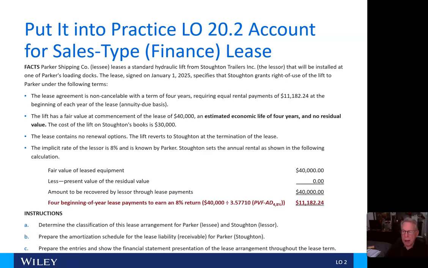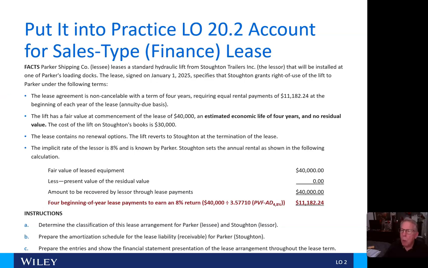Now we'll put it into practice here for a sales type finance lease. The Parker Shipping Company, the lessee, leases a standard hydraulic lift from Stroughton Trailers Incorporated, the lessor. It's going to be installed at one of Parker's loading docks. The lease, signed January 1, 2025, specifies that Stroughton grants right of use of the lift to Parker under the